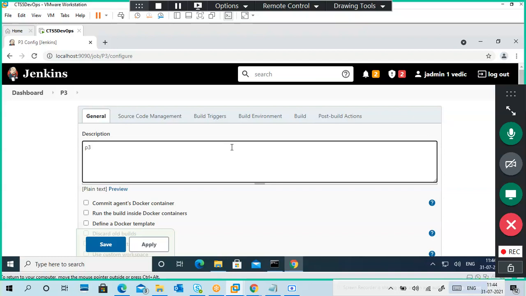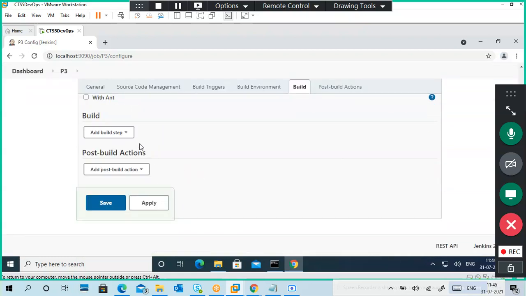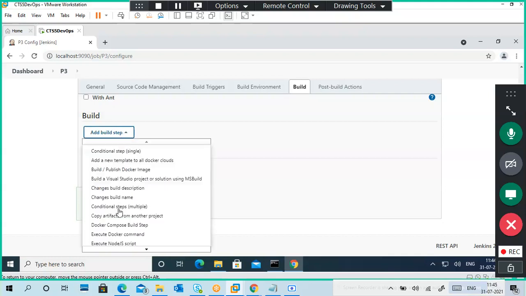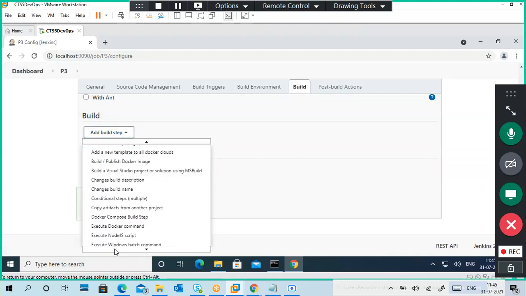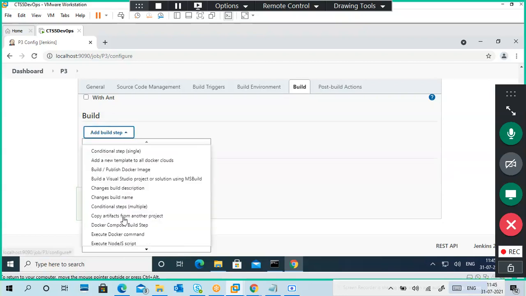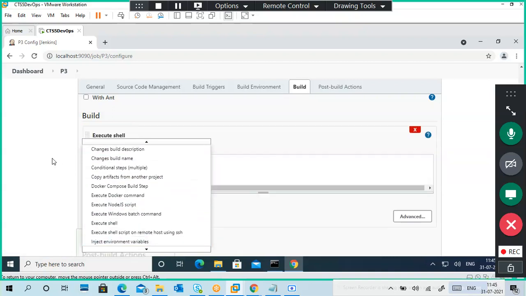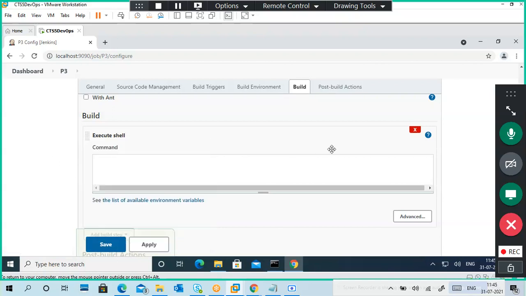This is P3 running. That's it. I'm going to build environment, execute Windows batch commands. So where is it? It already came, but that is a shell.